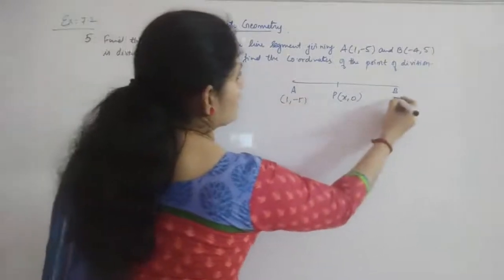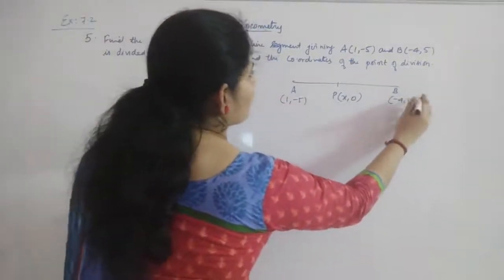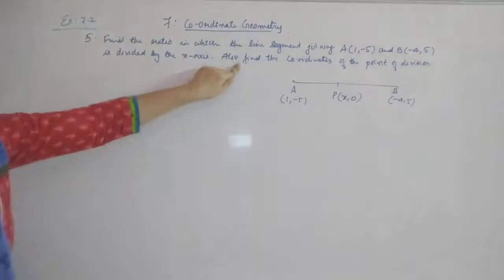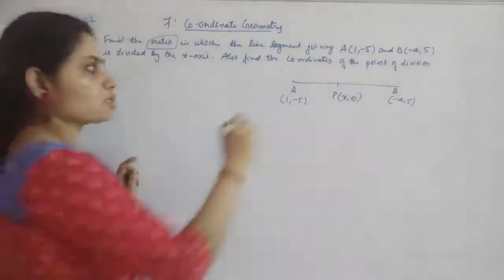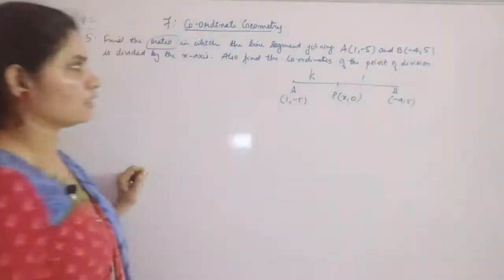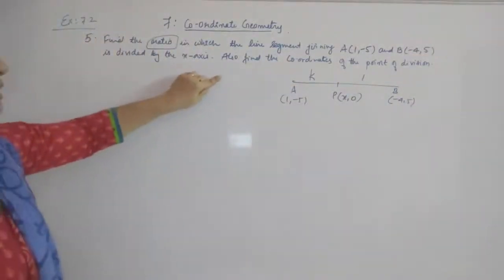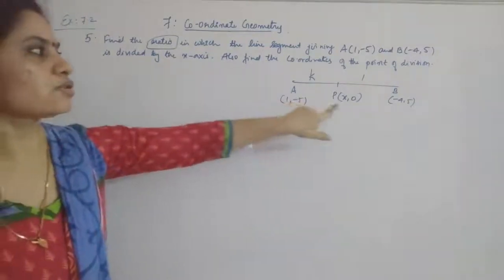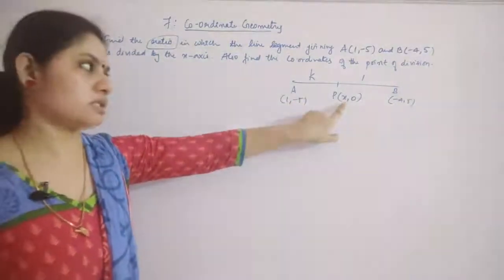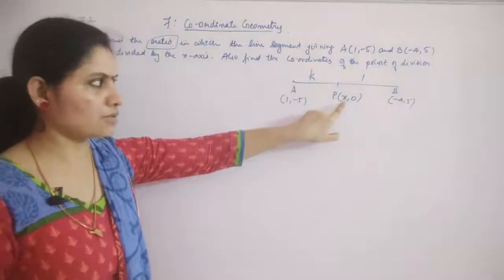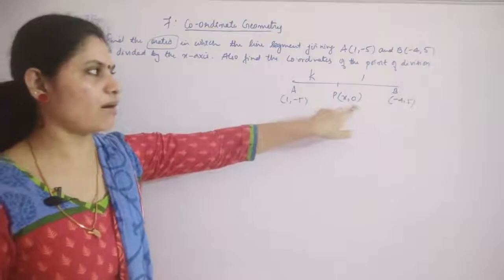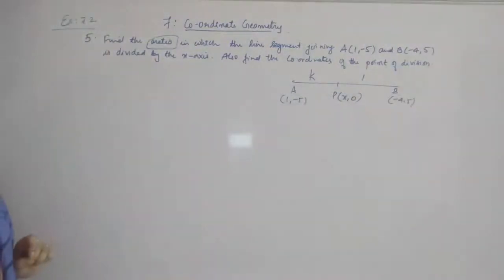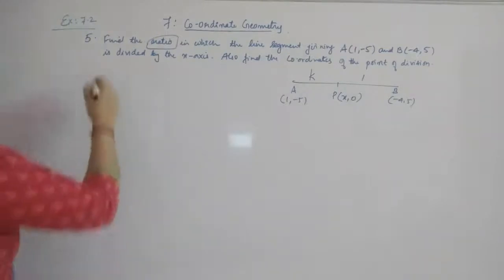Okay, so we are taking like this, and since you have to find out the ratio, you have to take it in the form k is to 1. So suppose this is the k is to 1 ratio in which P is dividing AB. You have to find out the coordinates also, meaning the only unknown for P is x, so that x we will find out, and we will write the value for x, 0 as the point of division. So first let's start with the ratio.